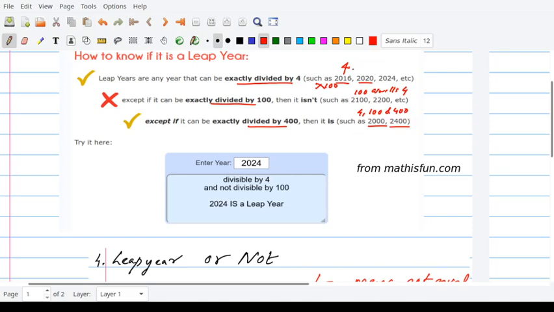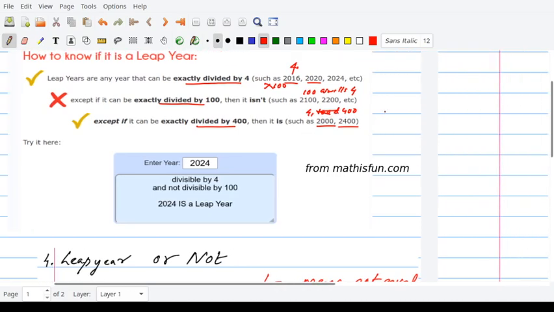So these are the three conditions. You have a year which is divisible by 4 but not divisible by 100, or a year which is divisible by 4 and 400. You need not consider 100 for this. So that is what a leap year is. Why we are not considering 100 is because if a year is divisible by 400, it is also divisible by 100, so we need not consider an extra condition. That is what a leap year means.